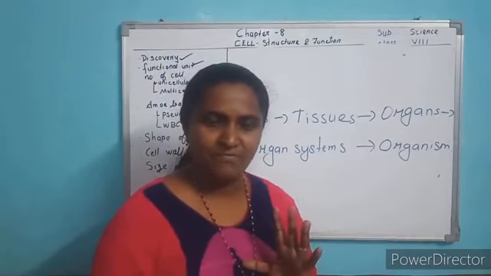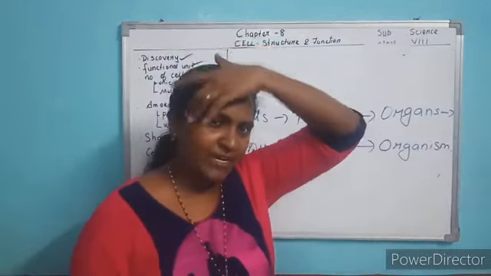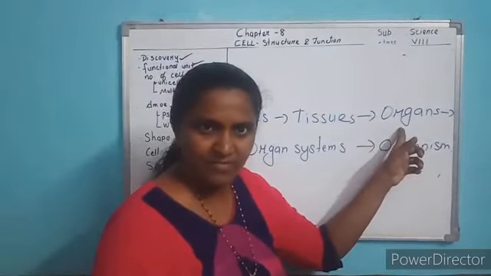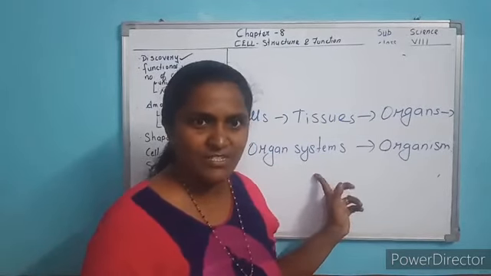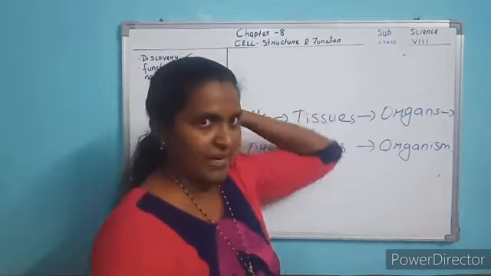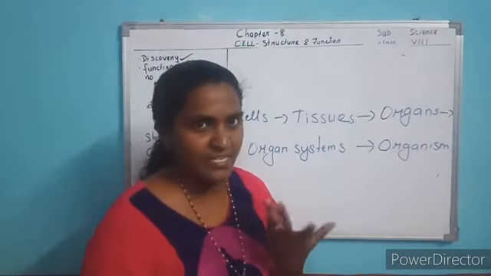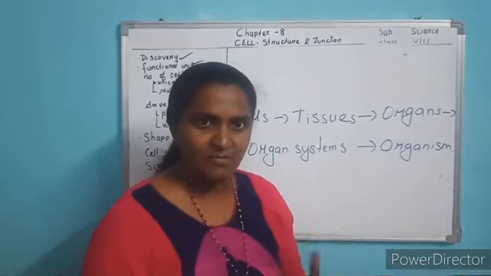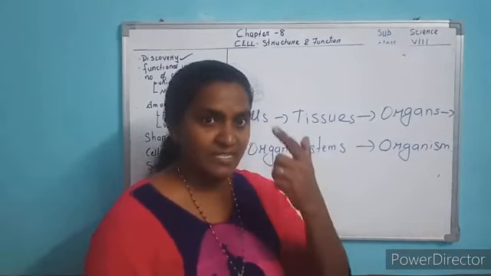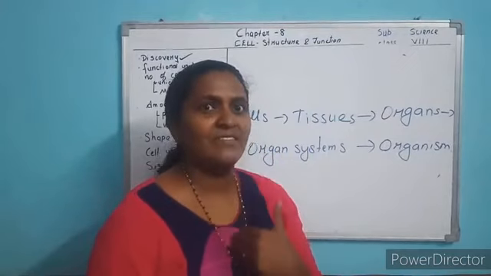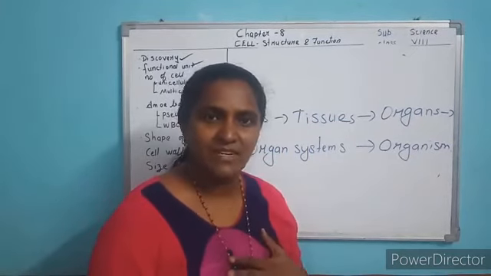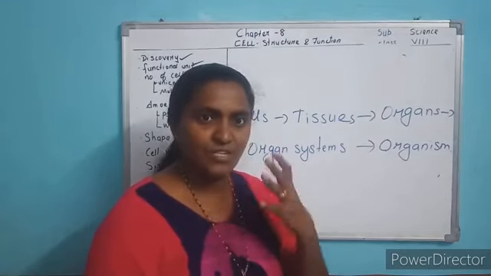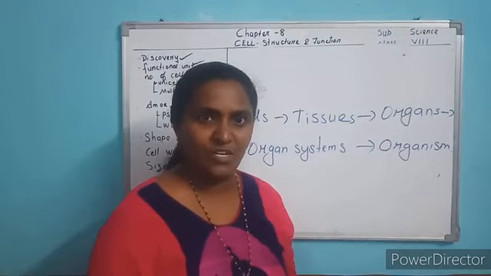Now understood the example? Tissue, I told you, is part of the brain, and organs together form the brain. Brain is an organ, and the organ system, I told you, is the nervous system, which includes the brain, spinal cord, sense organs and nerve cells. Like that, different systems are there: nervous system, circulatory system, respiratory system, which starts from here, lungs and windpipe. Understood? So different organ systems form a complete organism.